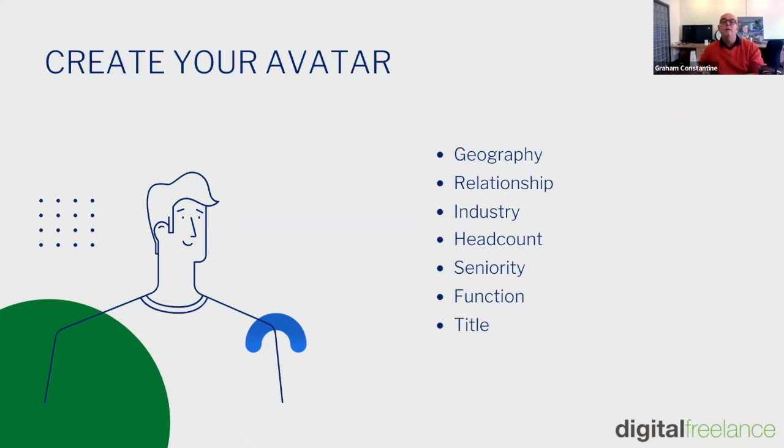Seniority, normally we would go for CXO, director and manager, maybe senior, depending on the size of the business and what level the decision making is going to be made for your proposition in the business that you're targeting. Headcount is a useful proxy. So on LinkedIn, you have self-employed, 1 to 10, 11 to 50, 51 to 200, 201 to 500, 501 to 1,000. I think then it's 1,000 to 5,000, 5,000 to 10,000, and 10,000 plus.